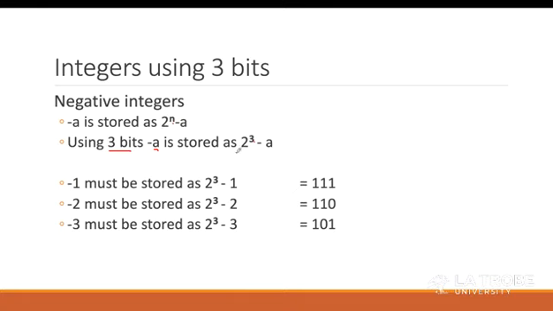So consider an example that I want to store a minus 1. If we use this 2's complement formula, then it will be 2 raised to 3, considering that we are using 3 bits, and minus 1 is our actual value. So 2 raised to 3 minus 1, where 2 raised to 3 is 8 and minus 1 will be 7. So if we represent 7 in binary, then it will be 1 1 1, and likewise this will be 6 and this will be fine.